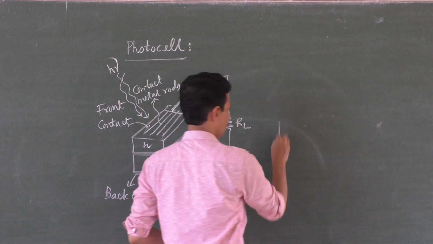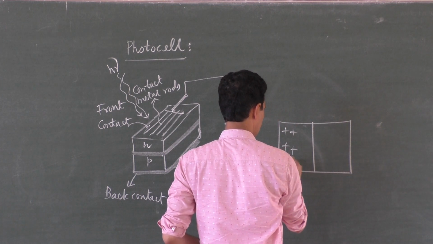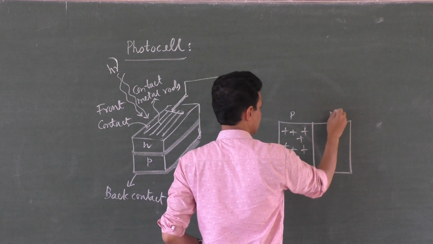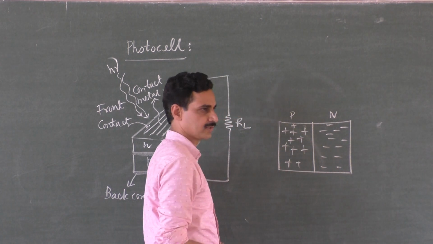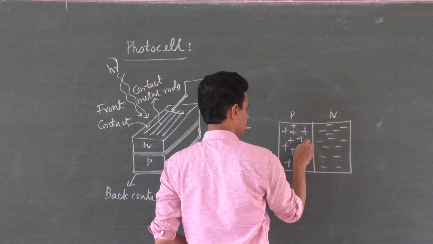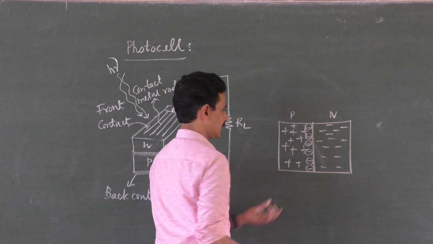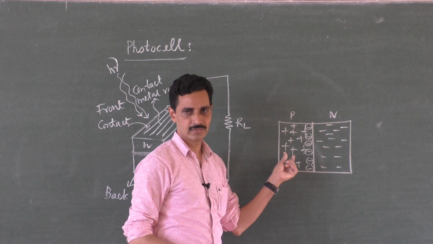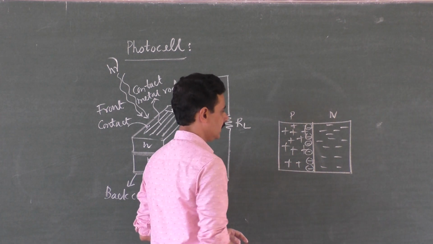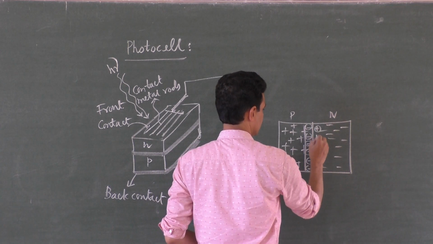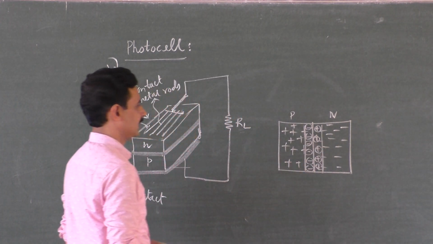And in a PN junction, you know, once the PN junction is formed, suppose this is the P side with a large number of holes and this is the N side with a large number of electrons. These electrons and holes will cross the junction. In the beginning there is diffusion. Electrons will move here and become immobile ions by joining with the trivalent impurity, which has 3 valence electrons. It cannot satisfy the bond with all the neighboring silicon atoms, so it needs one electron. So this electron comes and joins. So there is a depletion layer. These atoms have lost one electron. Like this, the p-n junction is formed.